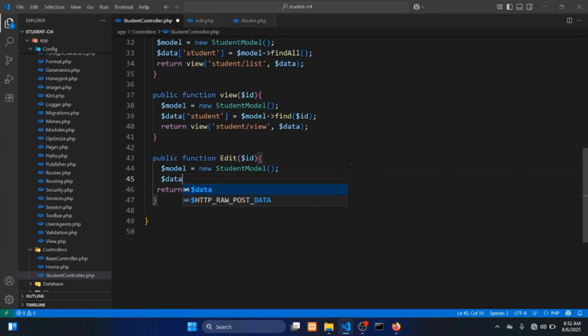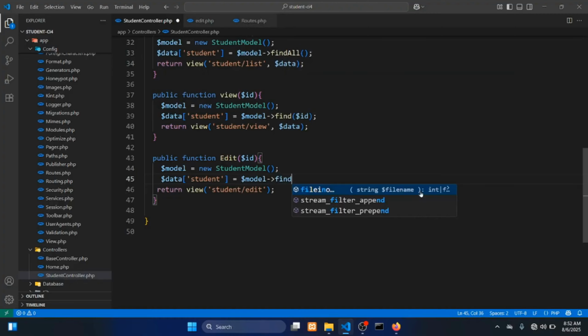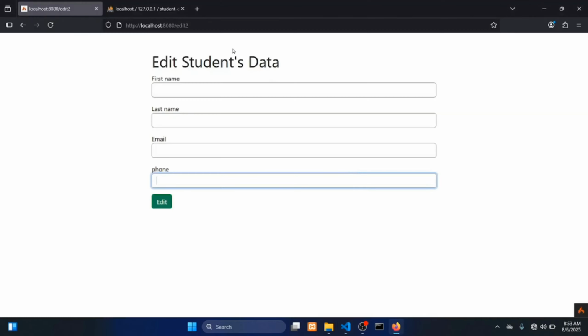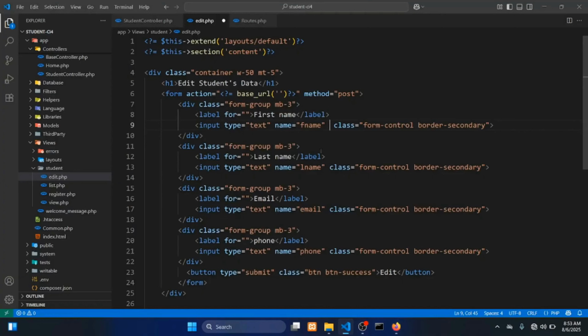Then data, your table name, student. Copy that model, paste here. Find by ID. We need to find the student's data by ID and then return that data. We need to fetch the data from the MySQL database inputs, so I type value,